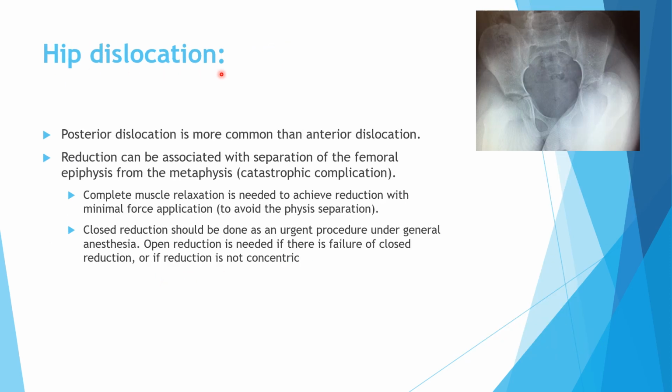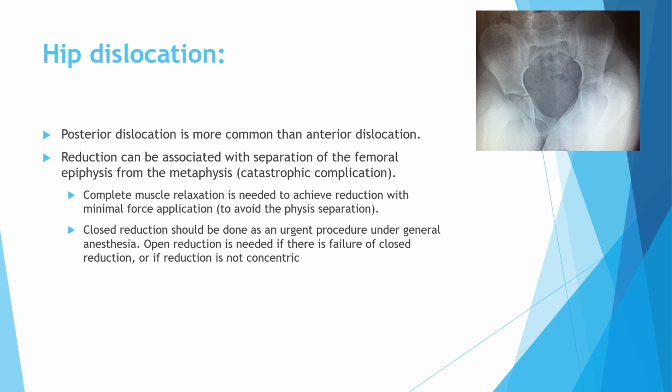Hip dislocation can occur in pediatric patients. As in adults, the posterior hip dislocation is more common. In the posterior dislocation, as you can see here, the limb will be adducted, as you can see in this X-ray. You see this is a pediatric patient, and because it's a pediatric patient, there is physis. You can see the physis here, and the physis is here. You don't see it very clearly because of the position of the head,